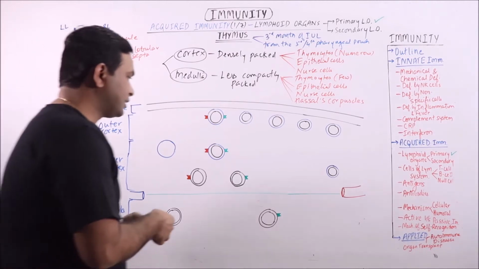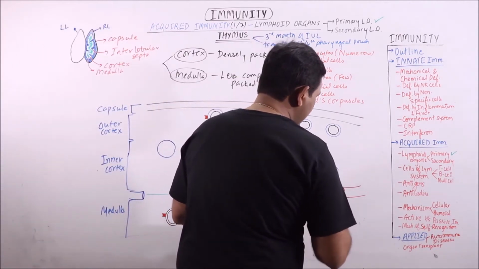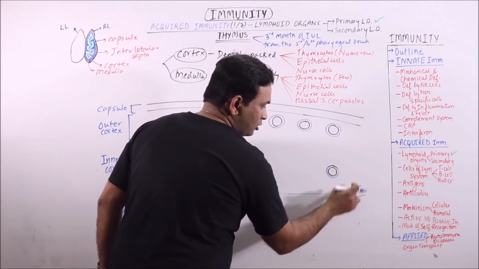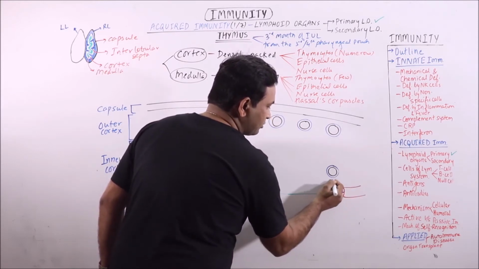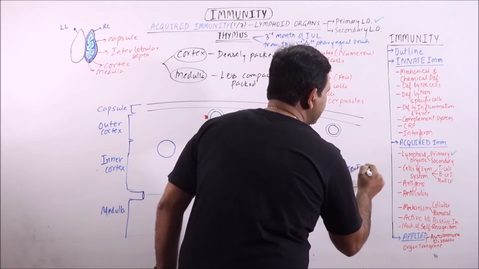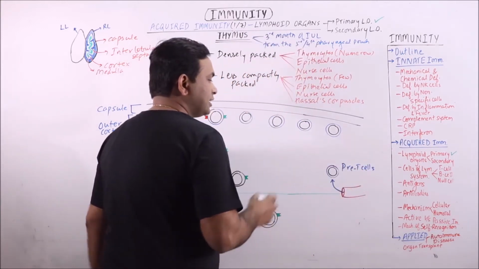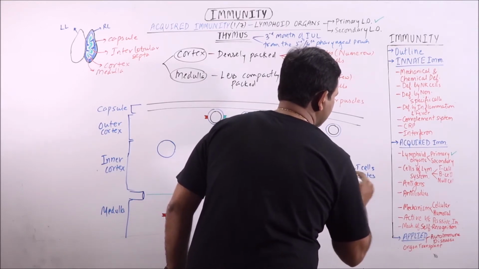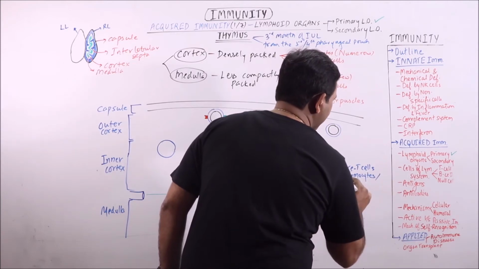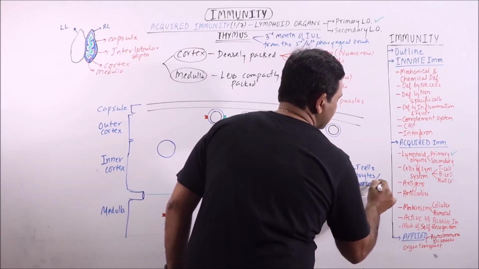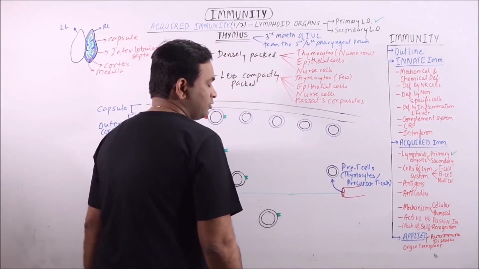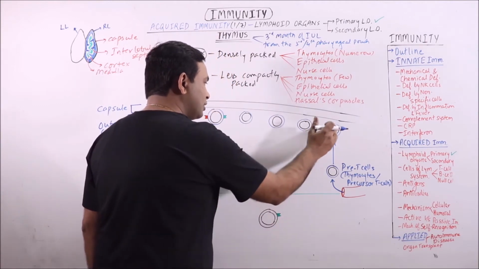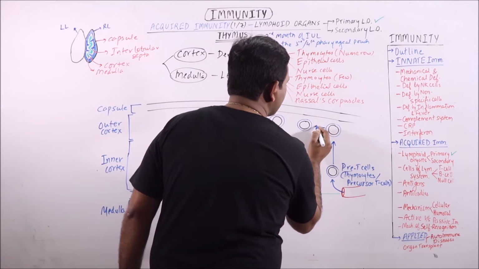Now, the T cells. The pre-T cells will enter the thymus by the blood vessels located at corticomedullary junction. So here comes the pre-T cells. The pre-T cells entering the thymus are also known as thymocytes. These are also known as precursor T cells. Now these pre-T cells will migrate to the peripheral or outer cortex and will undergo a series of stages which